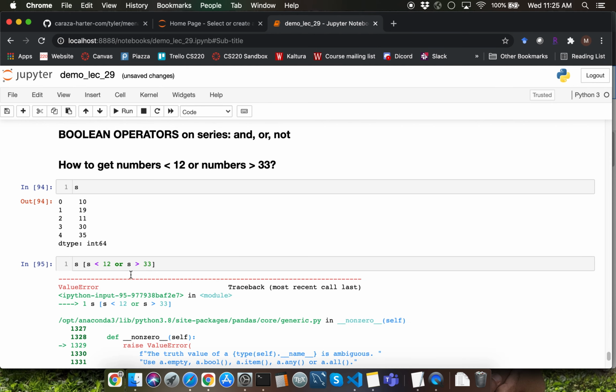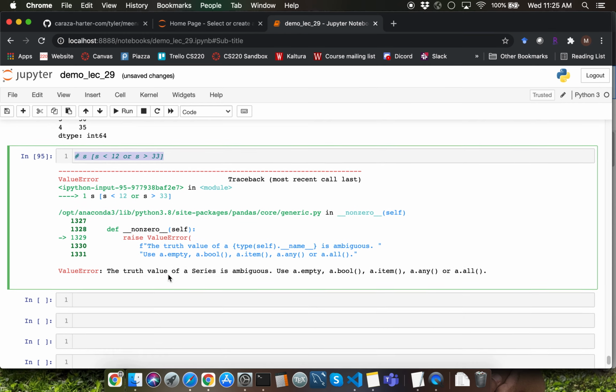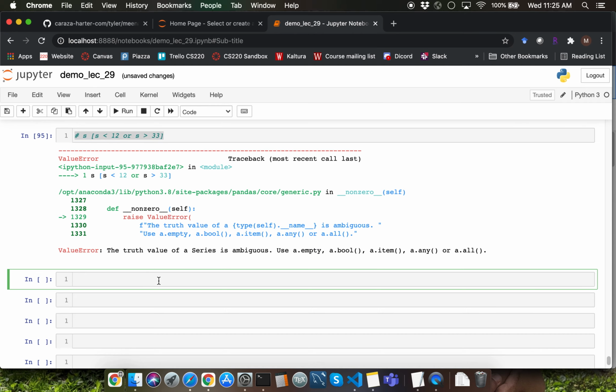Pandas folks could take all of the basic mathematical operators and re-implement that along with the comparison operators. Unfortunately, the Python creators did not allow them to re-implement the OR operator. So this particular version does not work. Let me show you how you can apply OR using the complex expression here.